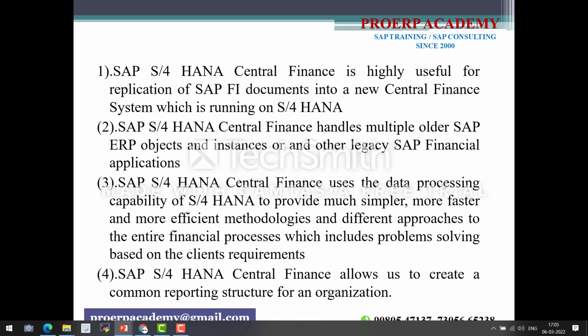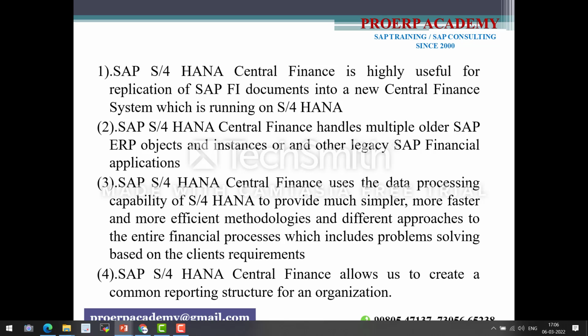replicated the entire end-to-end configurations from our traditional system. Say for example, we have replicated all the important configurations from our SAP FI system. Similarly, we have replicated all the important configurations from the traditional SAP CO system, that is our ECC CO system, into our central finance system. Based on that, this SAP S/4HANA Central Finance allows us to create a common reporting structure for an organization. So that is the main purpose of learning this S/4HANA Central Finance,